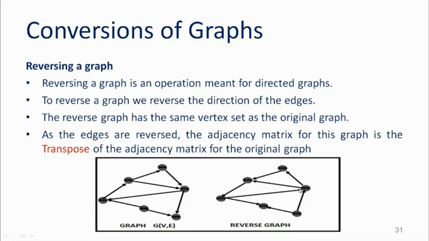So in order to reverse this direction, the only thing is just to transpose the adjacency matrix. The adjacency matrix of the reverse graph is the transpose of the adjacency matrix of the original graph. So whatever graph you have taken, you form the adjacency matrix and take the transpose, it will become the reverse. And one more thing is this reversing of the graph is allowed for directed graphs. Even if you take the transpose of an undirected graph, you will get the same matrix, because the path is two-way.